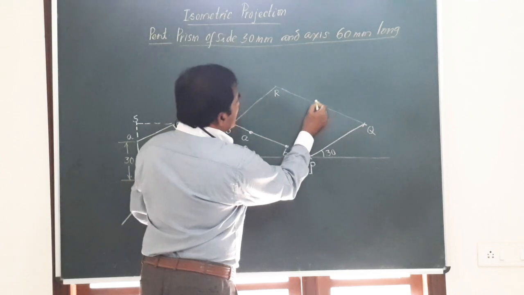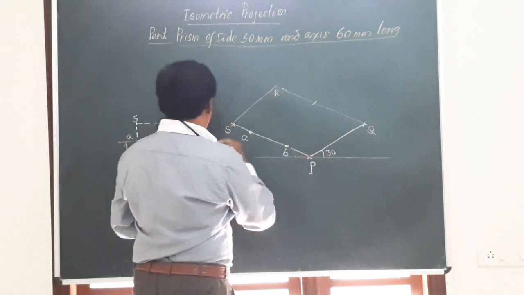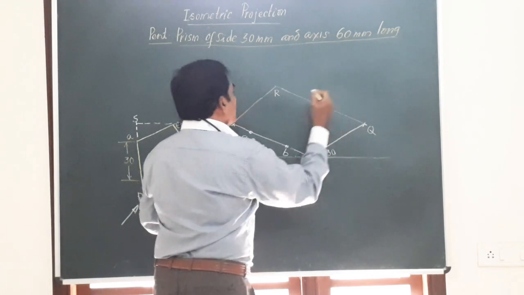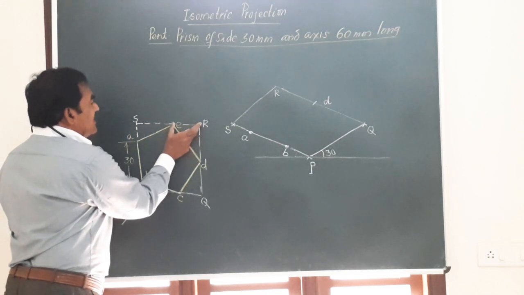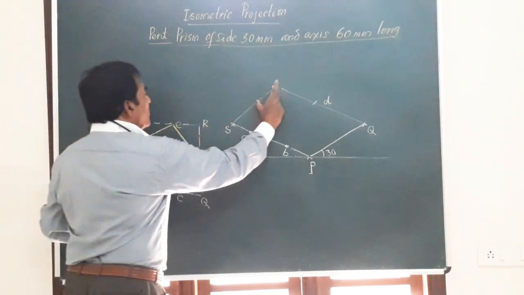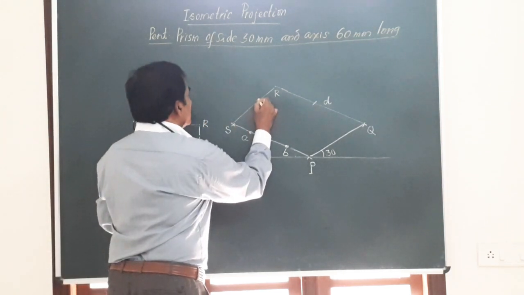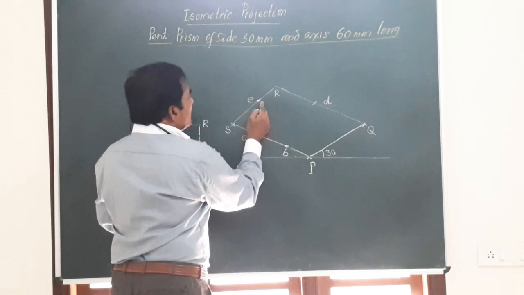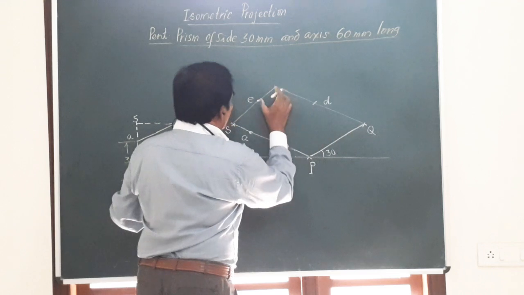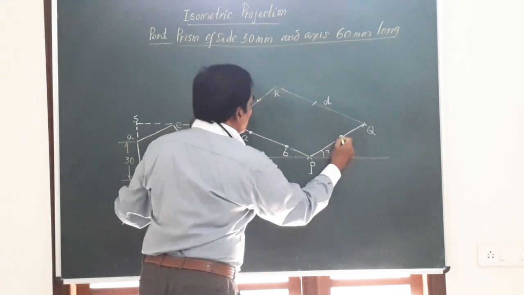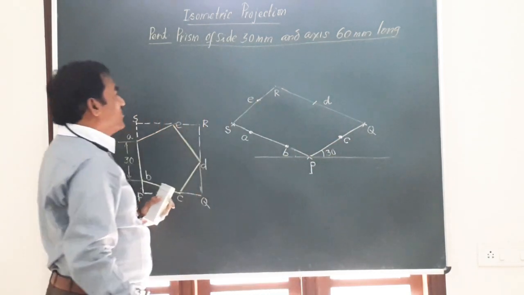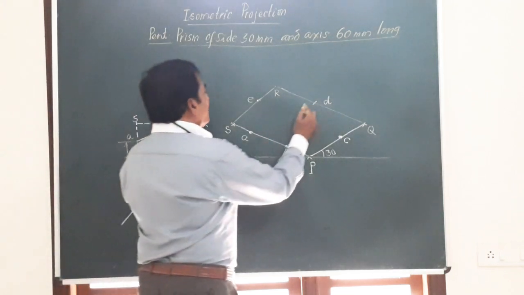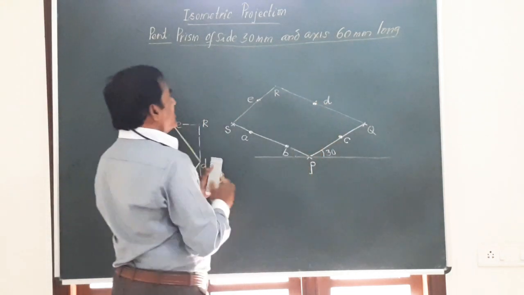QR is here, which is already drawn using the isometric scale. That point is going to be D. Next, you know how to locate E on SR. E, take this measurement, convert that to ISO and mark it on RS nearer to R. So this point is going to be the point E. Similarly, if we extend this line or draw a parallel or simply mark off this distance here, this point is going to be your point C. Friends, I hope you have followed this. We have located all the 5 corners of the bottom surface.